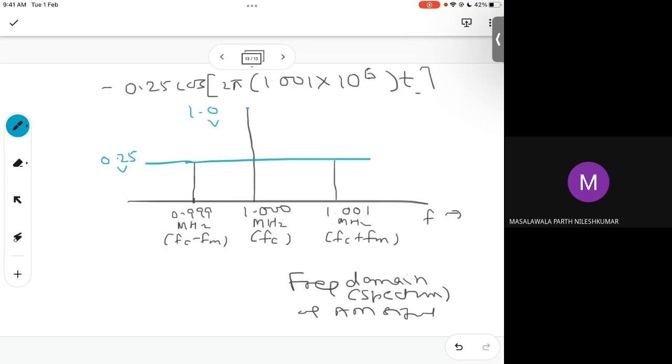But sometimes, as I said, in an orchestra, we transmit many frequencies simultaneously. My message signal will have many frequencies. As I told you, one could be tabla, one could be flute, one could be harmonium, and a single carrier. So one frequency is getting transmitted, and let's say, in this example, I have taken